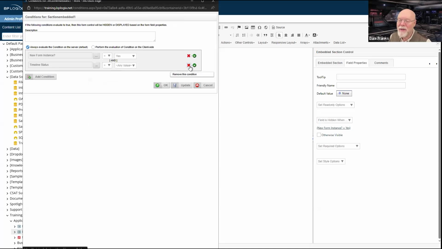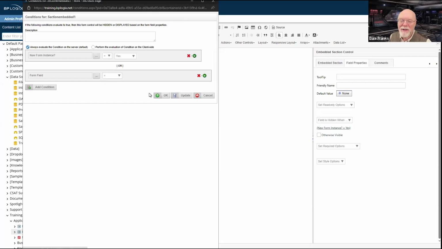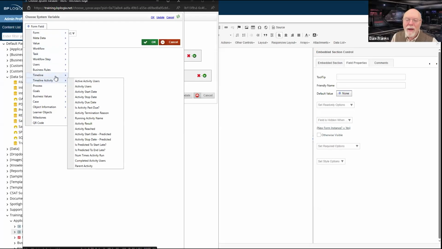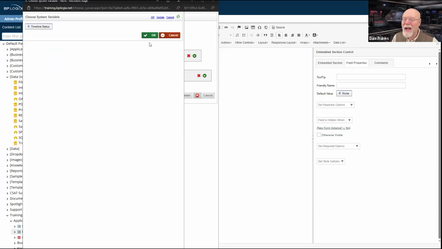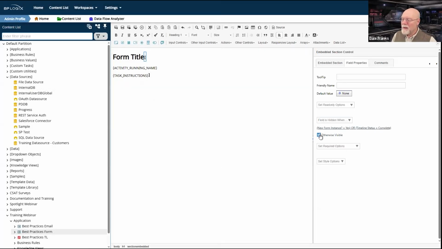Actually, I didn't want to do that. I wanted to do an or condition. So it needs to be, if it's a new form instance or the timeline status is complete, I want this section to be hidden. I'll have it otherwise visible.